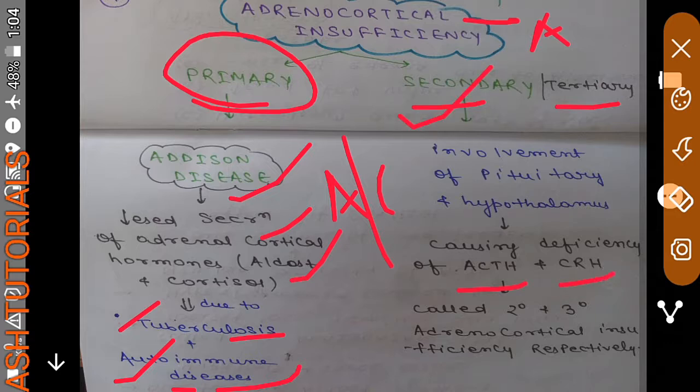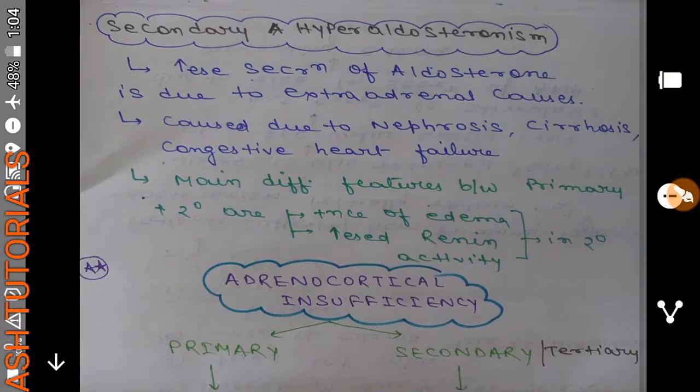And if CRH is decreased, because it comes from the hypothalamus, CRH stimulates ACTH, which in turn stimulates cortisol. If CRH is decreased, then it will be called tertiary adrenocortical insufficiency. So this is adrenocortical insufficiency, and this is all about the